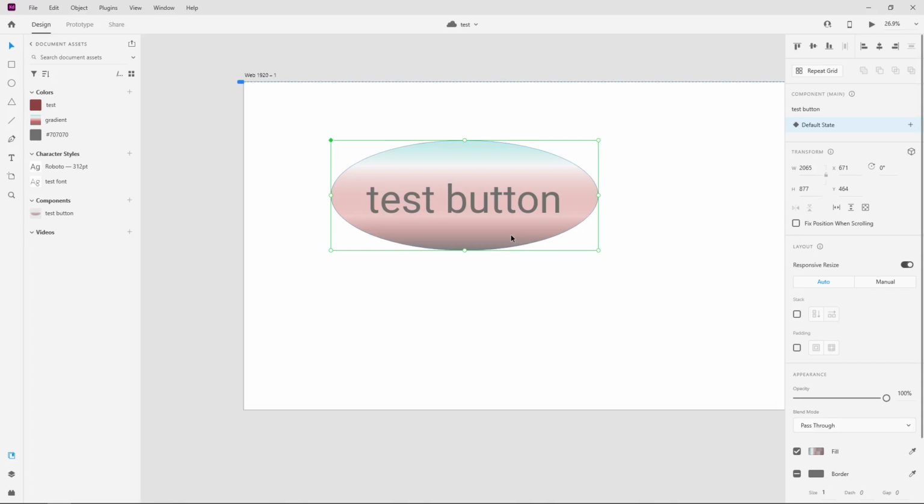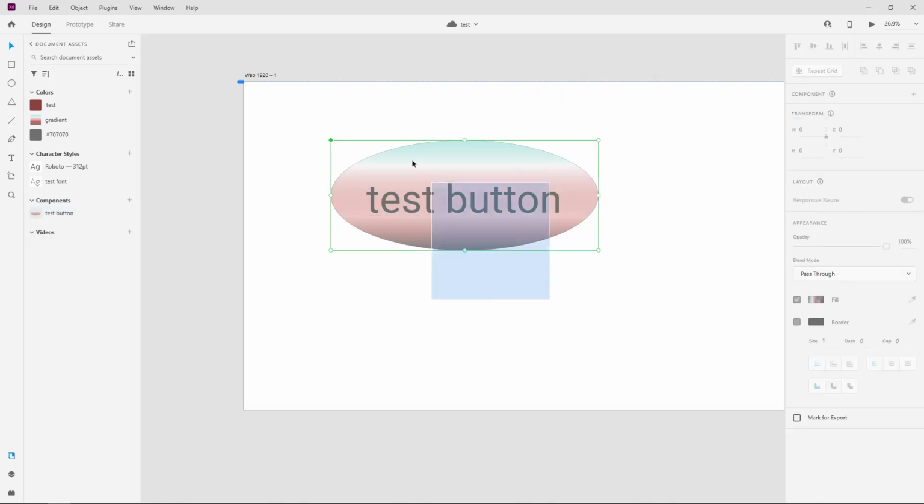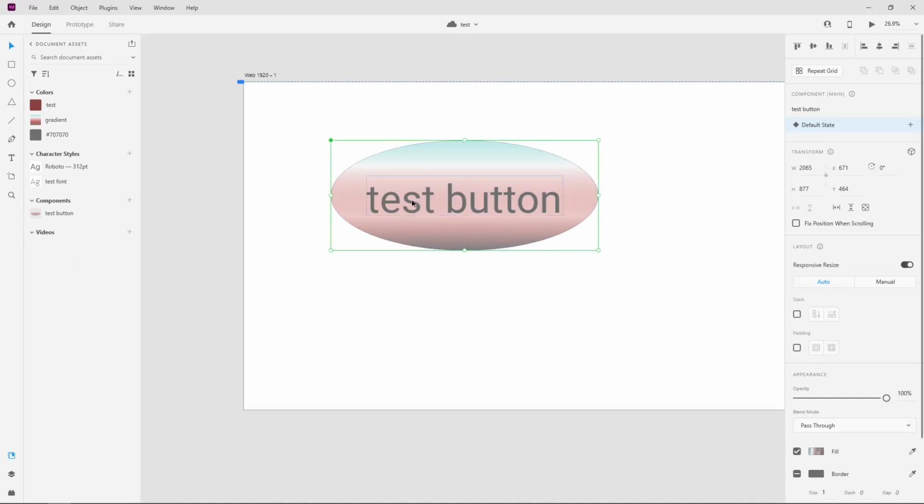Next, let's convert this selected UI element into a component. Right-click on your selection and choose Make Component from the context menu, or you can use the handy shortcut by pressing Ctrl+K for Windows users or CMD+K for those on a Mac. Making it a component is crucial as it allows you to manage the interactive states and reuse this element consistently